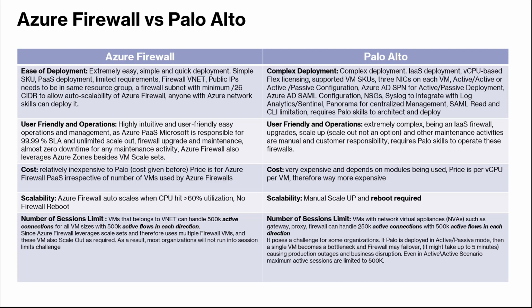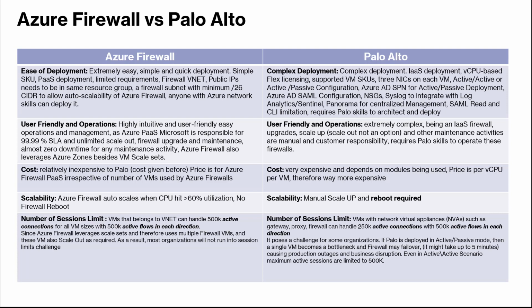Now, scalability. This is where it is, again, a no-brainer. From the Azure Firewall perspective, it auto scales, right? We don't even have to worry about it. As soon as it hits 60% CPU utilization or more, it will add additional VMs into your VM scale set. It may take about 5 to 6 minutes to get the additional VMs there, and